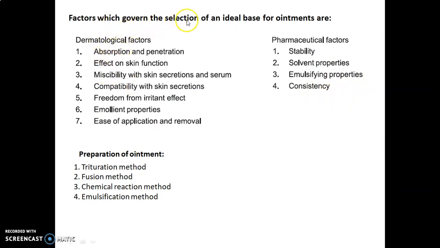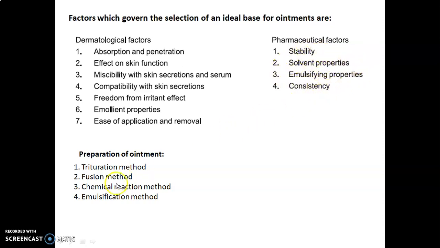The factors which govern the selection of an ideal base for ointments are of two kinds: dermatological factors and pharmaceutical factors. There are seven dermatological factors: absorption and penetration, effect on skin function, miscibility with skin secretions and serum, compatibility with the skin secretions, freedom from irritant effect, emollient properties, and ease of application and removal. The pharmaceutical factors have four points: stability, solvent properties, emulsifying properties